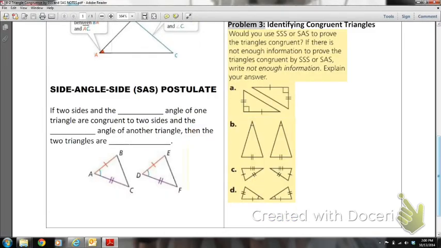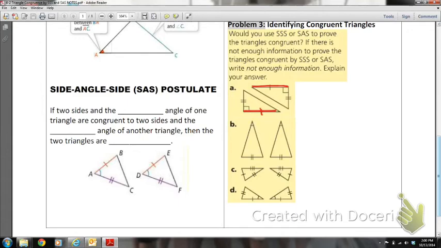In the last problem, it asks, would you use side, side, side, or side, angle, side to prove the triangles are congruent? If there's not enough information to prove the triangles are congruent by either of those postulates, then just write not enough information and explain why. So let's look at the first one. The first one, A, we have